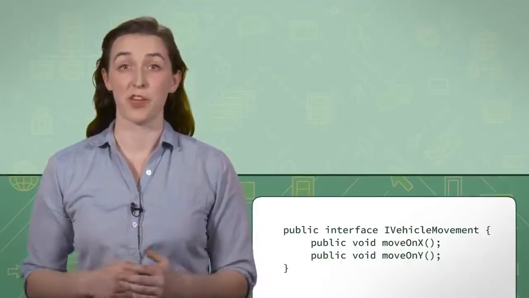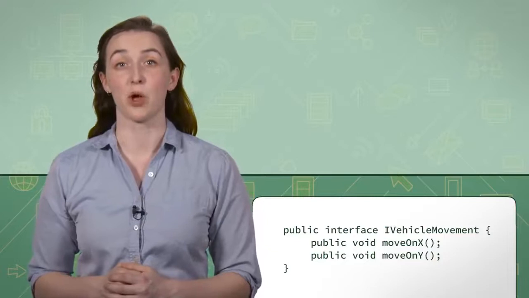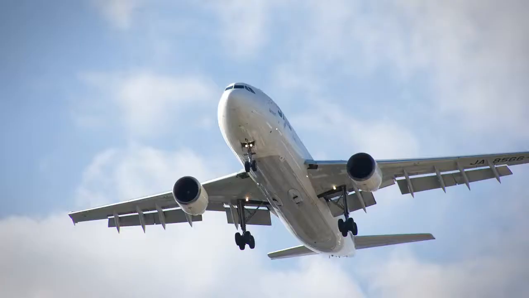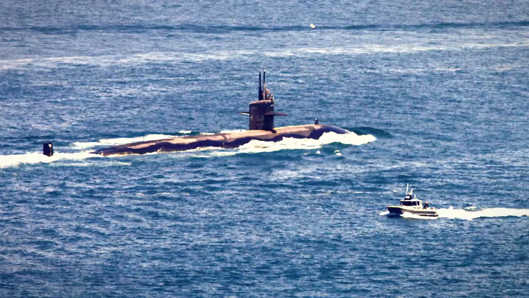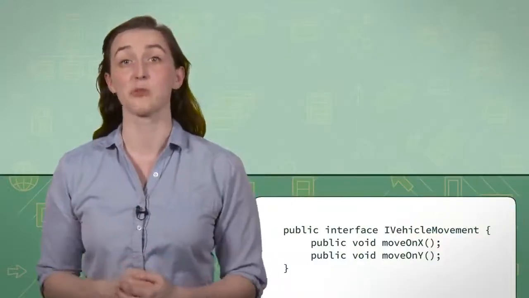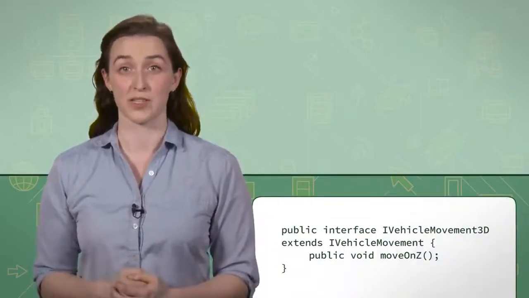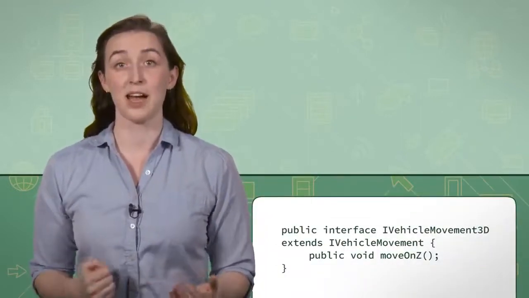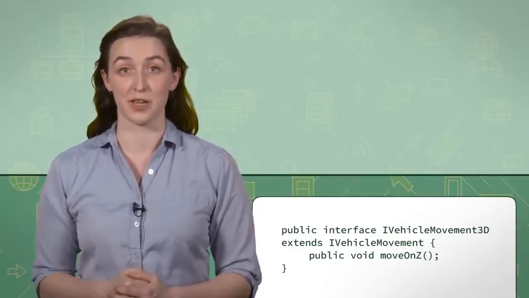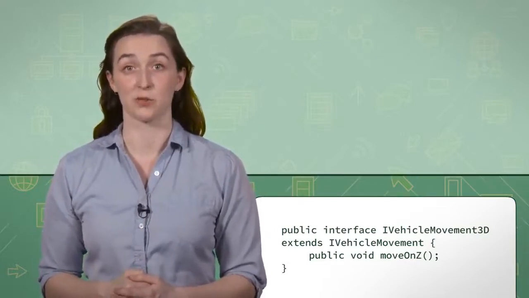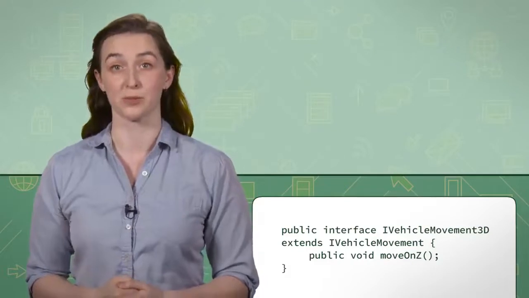Let's simplify the movement of a vehicle by restricting its movement so that it can only travel along either the x-axis or y-axis. This interface can be used to describe the behaviors of vehicles on land or on water. But what if we need to implement the movement of a plane or submarine that can also move in the z-axis? We do not want to add an extra behavior to the interface, because on land and on water vehicles do not move along the z-axis. So what do we do? We can create a second interface that will inherit from our first one. Now we can use the IVehicleMovement3D interface for all vehicles that have three-dimensional movement, without having to add the z-axis movement to the interface used by the on-land and on-water vehicles.